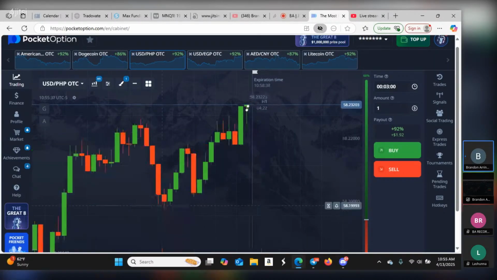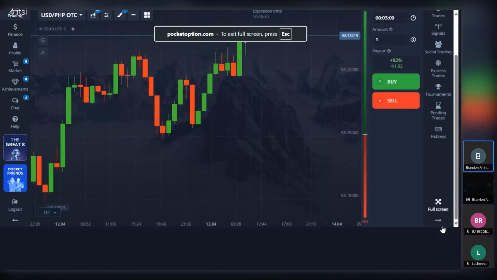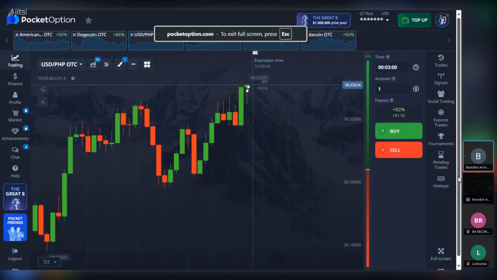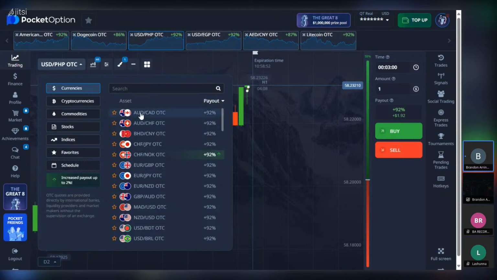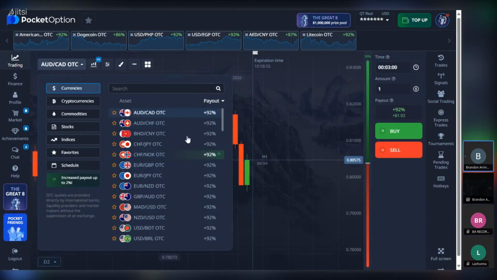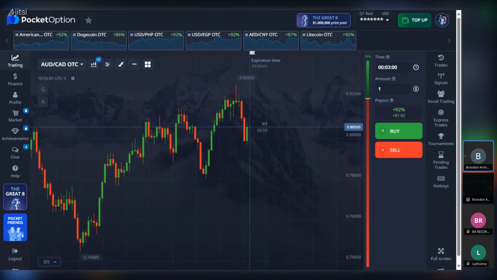All right. So this is Pocket Options. Get straight to it. Every time you come to the charts on Pocket Options, you want to go through all the pairs. Just click on all, start up high on your higher time frame. Your higher time frame is your H1 or your H4,